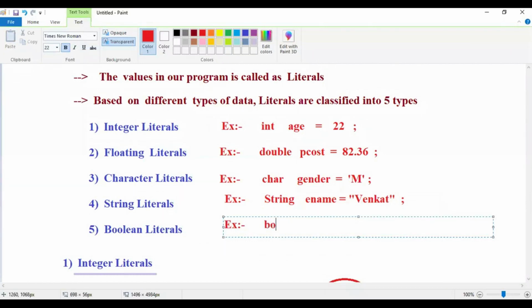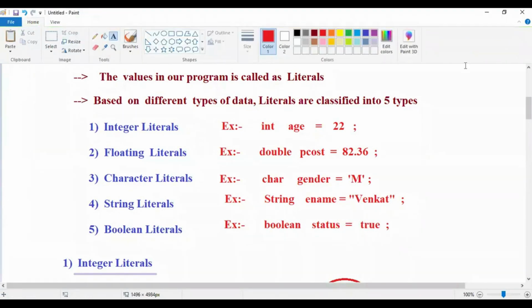For Boolean literal, boolean status equal to true. Yes, your friend is online. Status is true means your friend is online. If status is false, it means your friend is offline. Guys, remember here,